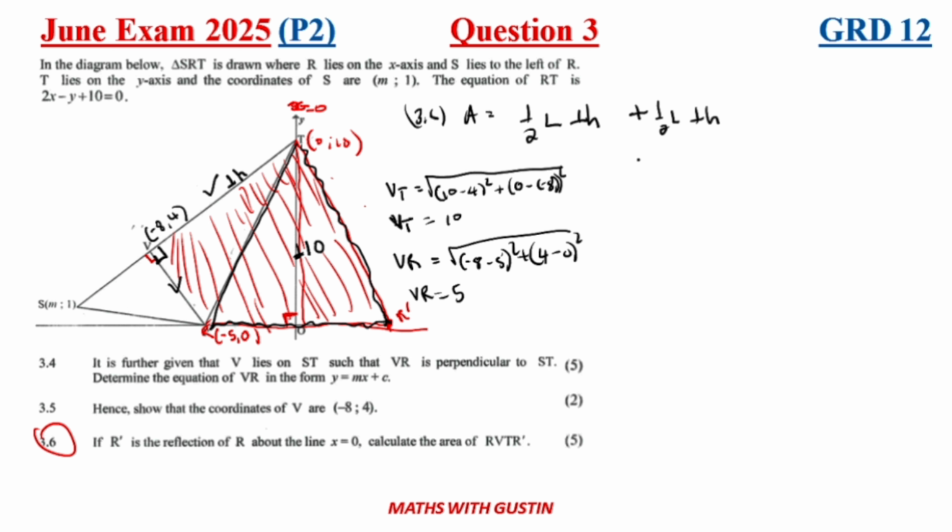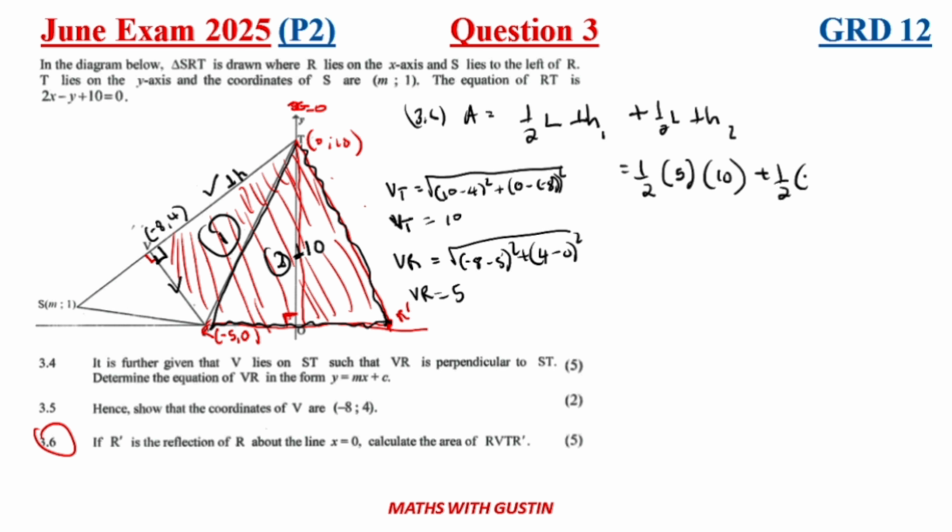Okay, so we're gonna come here into our formula. We're going to have half. Remember the length that we calculated earlier. We're looking at this triangle number 1 here, and then this is number 2. So this is the height for number 1, this is the height for number 2. So for number 1, the length is how much? It's 5 units. Okay, the length is 5 units, and therefore the height is 10, plus half,